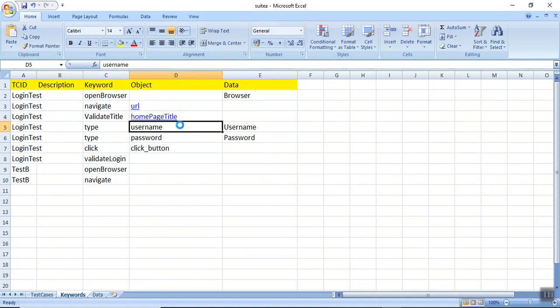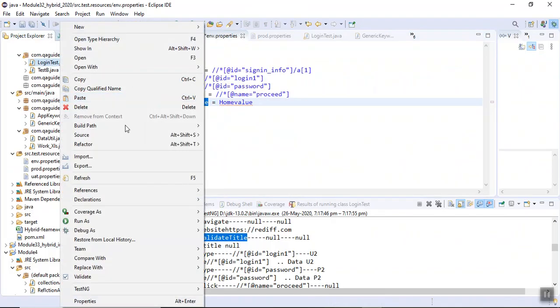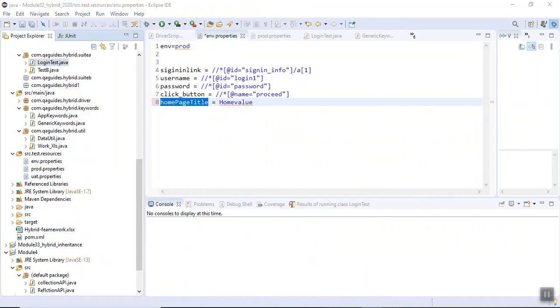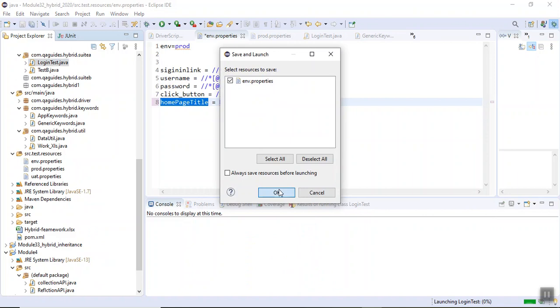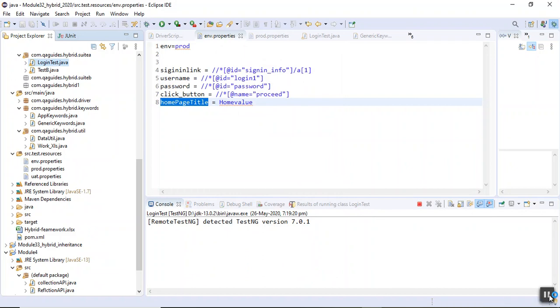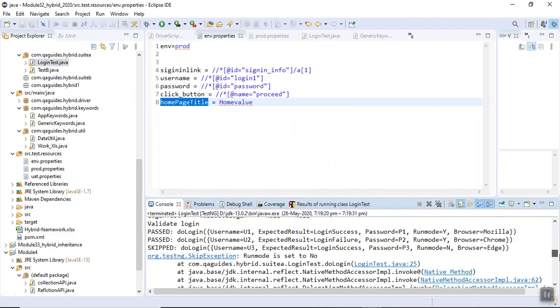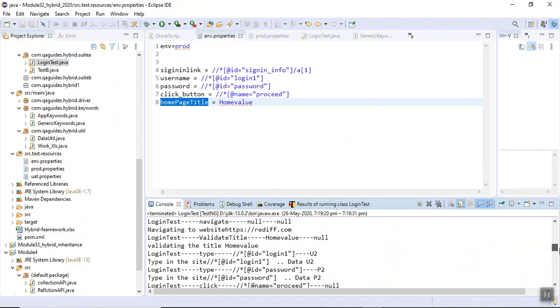Now let's run it again. Now the value will not be null. Okay, we got the home value.